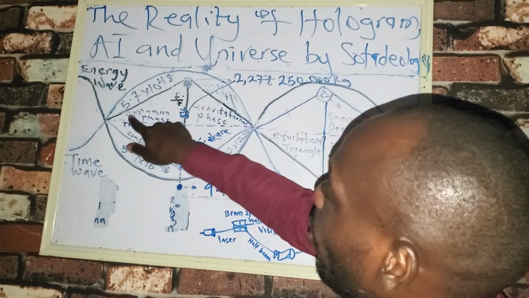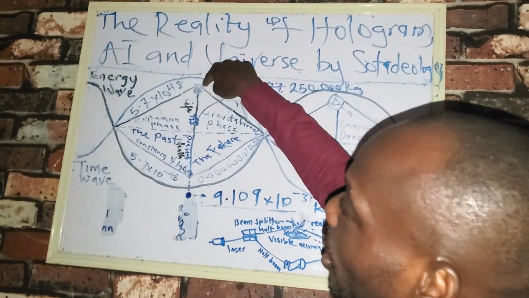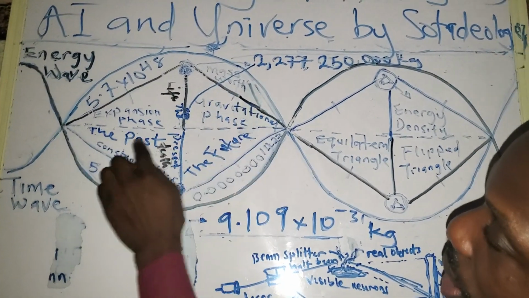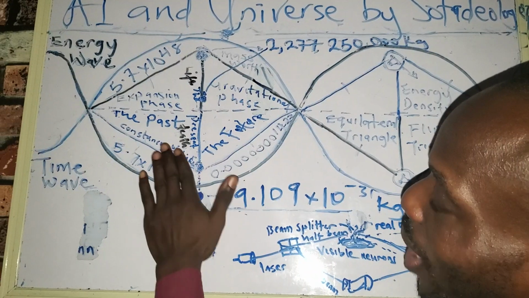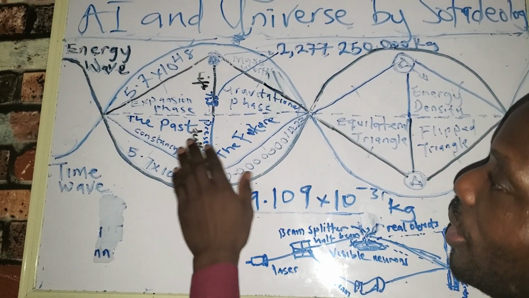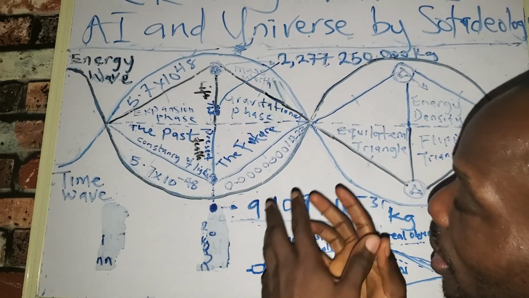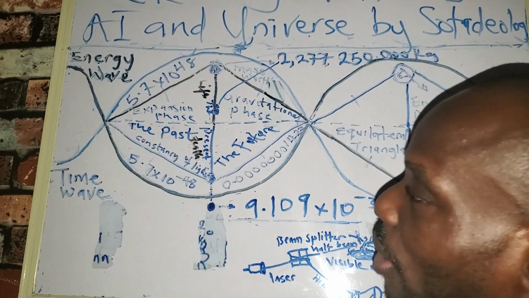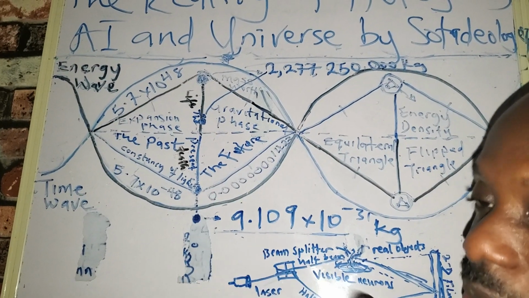Now, in the time energy wave model, we have a trajectory going towards the classical arbitrary suspension. The whole upper region is the classical realm of the universe, while the lower region is the quantum realm of the universe. The system we have here is more or less an opaque system, while what we have at the quantum level is more or less a transparent system, or we can call it virtual.